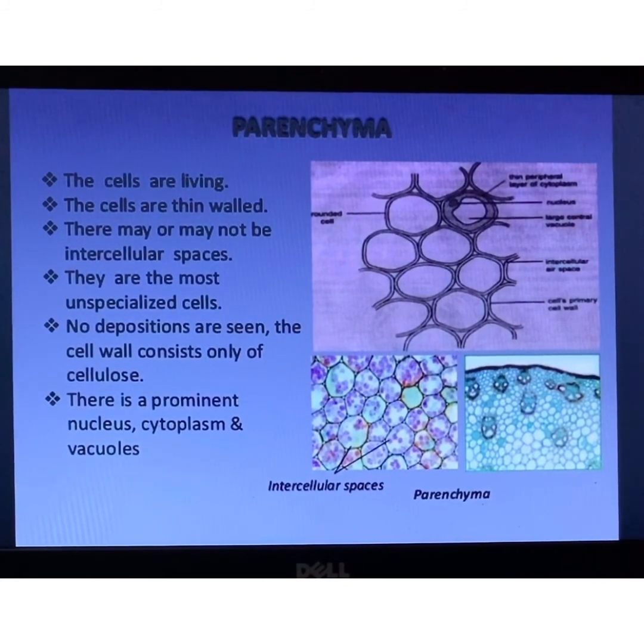Now the vacuoles are large and many secretions such as starch or oil are present in these cells. Some parenchyma cells, especially the ones present in the leaves, may contain chloroplast and are called chlorenchyma. Just because of the presence of chloroplast, we differentiate these parenchyma cells from the rest by calling them chlorenchyma. And what shall be the function of these chlorenchyma cells? Right, it will be photosynthesis. So chlorenchyma are responsible for photosynthesis.